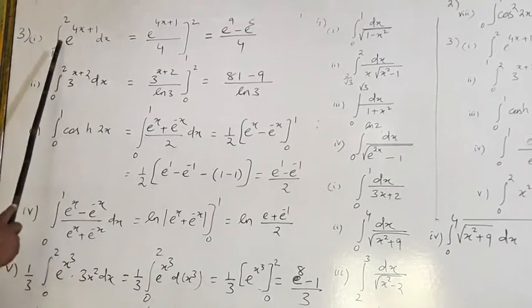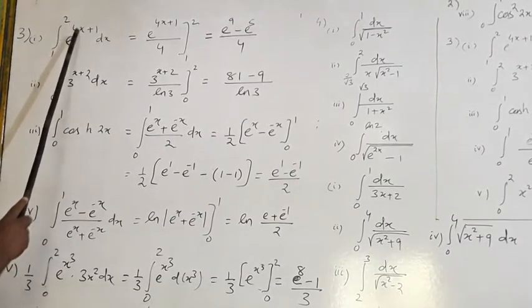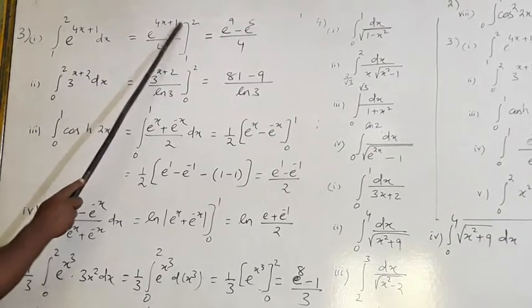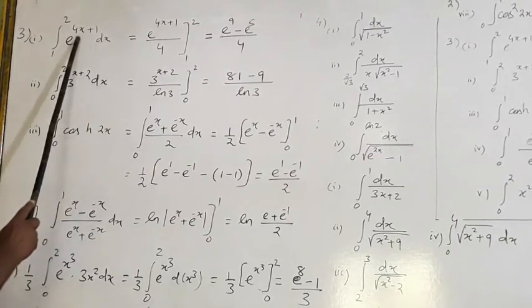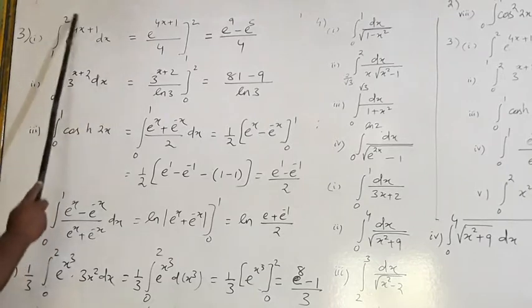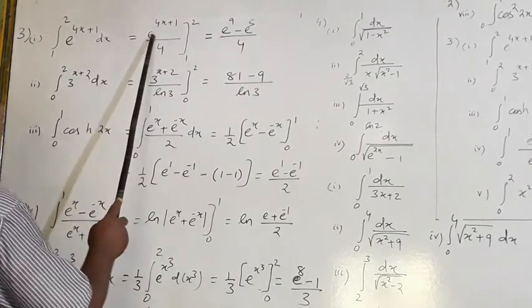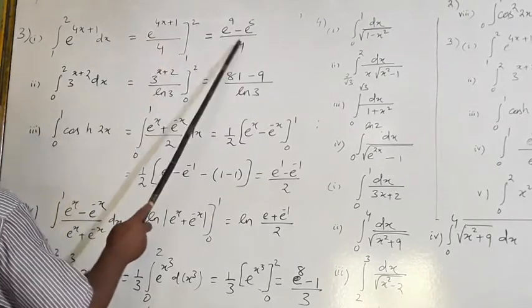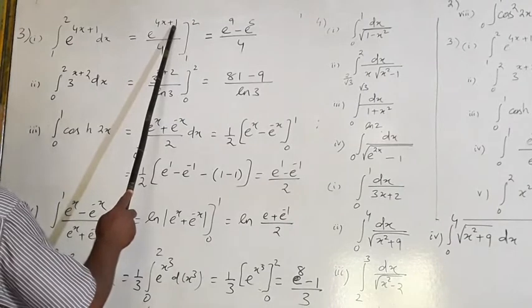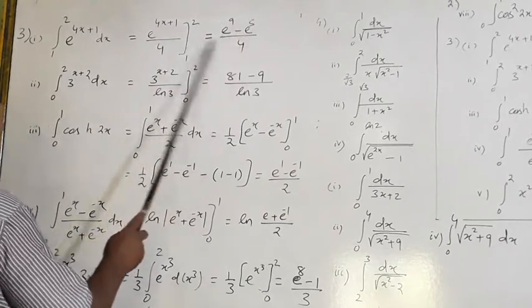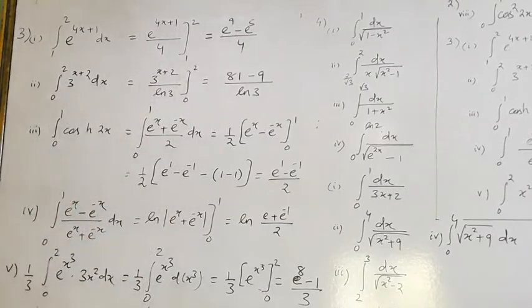Now look at here. e to the power 4x plus 1, from 1 to 2. We know integration of e to the power ax plus b is e to the power ax plus b by a. So here, e to the power 4x plus 1, what will its integration be? e to the power 4x plus 1 by 4. Then 1 to 2. Putting the upper limit you get e to the power 9. Putting the lower limit, if you put 1, you will get e to the power 5. So e to the power 9 minus e to the power 5 by 4. Don't disturb the constant denominator, which is fixed for upper limit and lower limit.